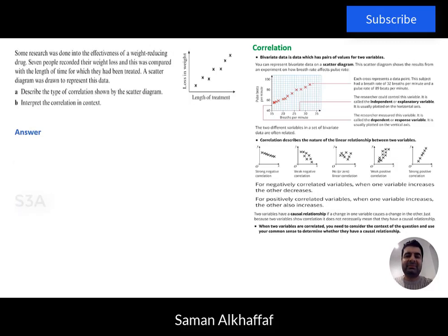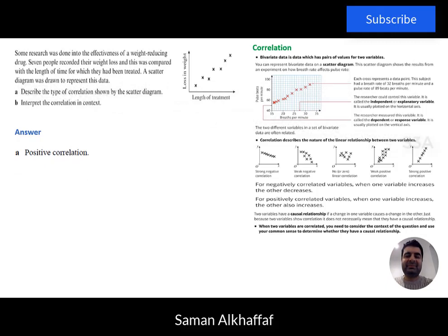In this example, some research was done into the effectiveness of a weight reducing drug. 7 people recorded their weight loss, and this was compared with the length of time for which they had been treated. A scatter diagram was drawn to represent this data as shown on the right hand side. In part A, we are asked to describe the type of correlation shown by the scatter diagram. Our response will be a positive correlation,